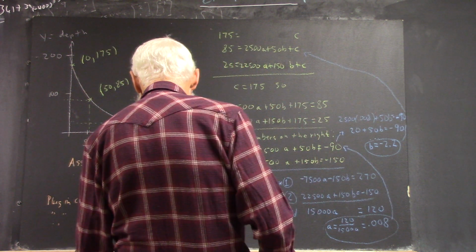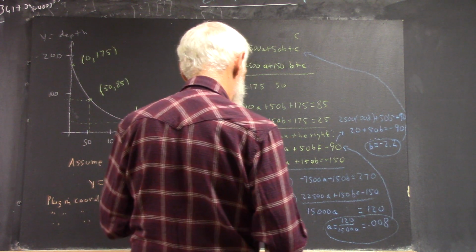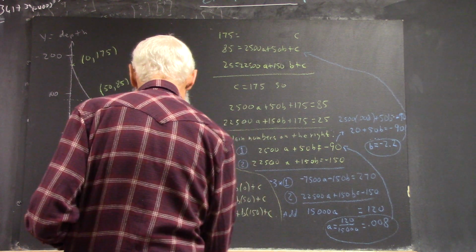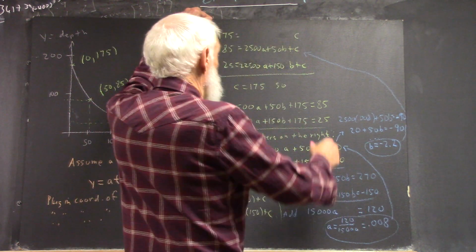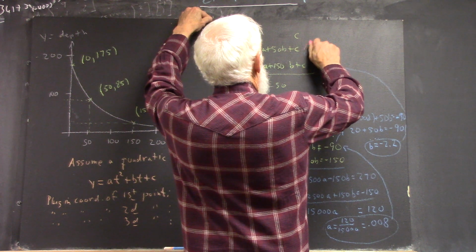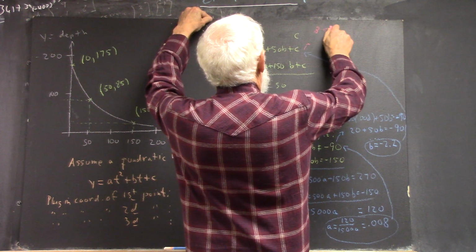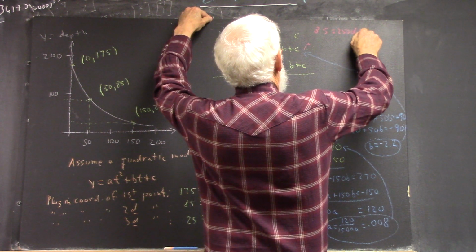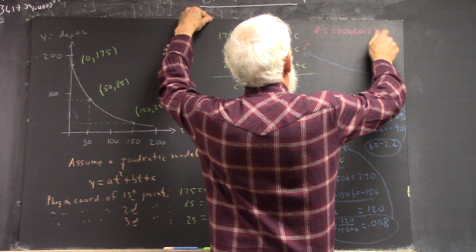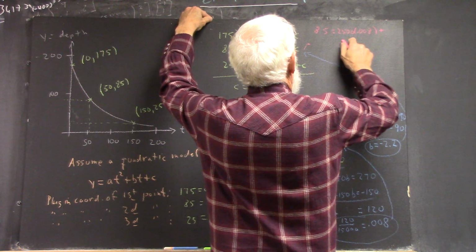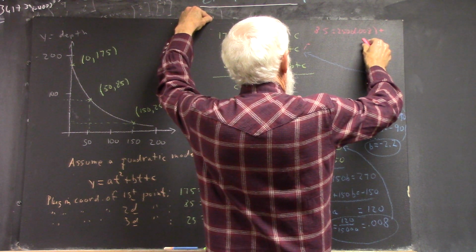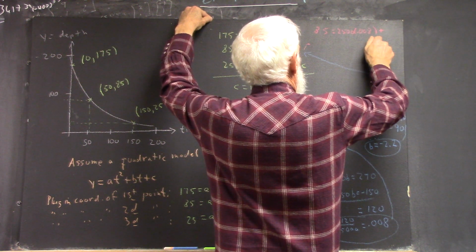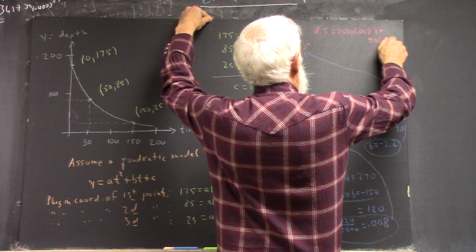I usually use red for emphasis. So I get 85 equals 2,500 times 0.008 plus 50 times negative 2.2